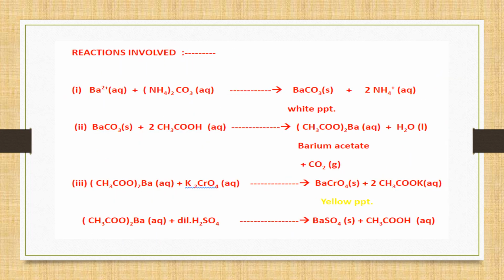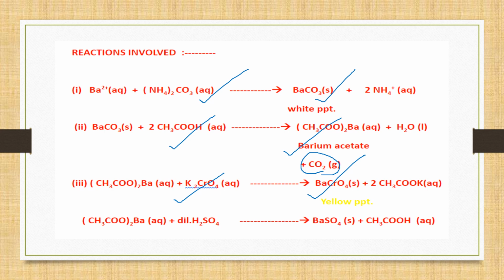So these are the reactions involved for barium. When you add the group reagent in basic medium, you'll get a white precipitate because of the formation of barium carbonate. Then you dissolve it in acetic acid, it will be giving you barium acetate, and you heat it to boil off any extra CO2 which is there so that it doesn't interfere with the test. Then the confirmatory test, we added K2CrO4, we got a yellow precipitate because of the formation of BaCrO4.